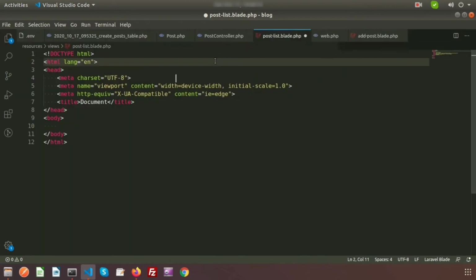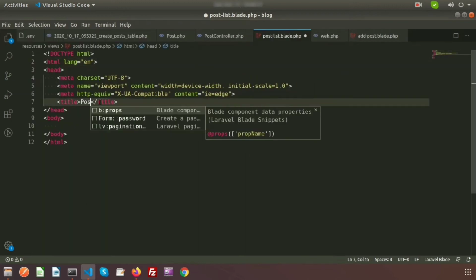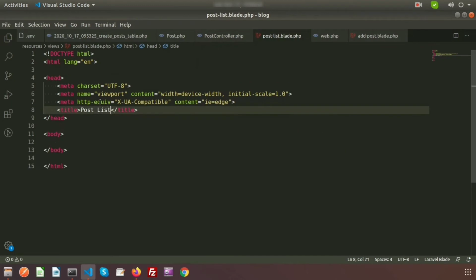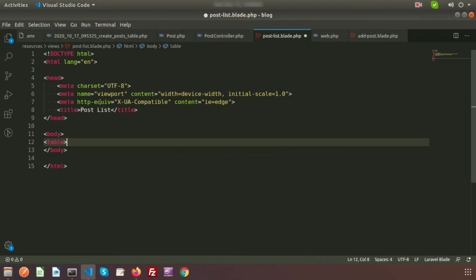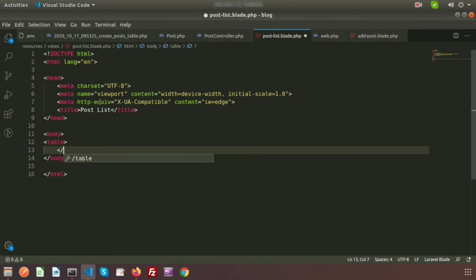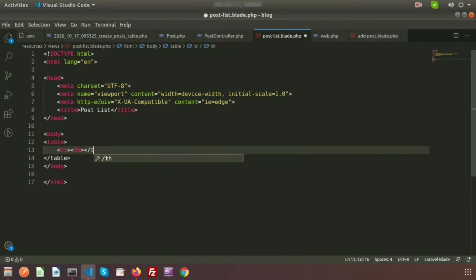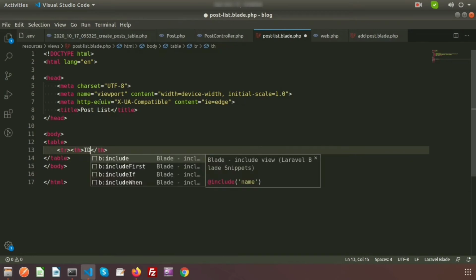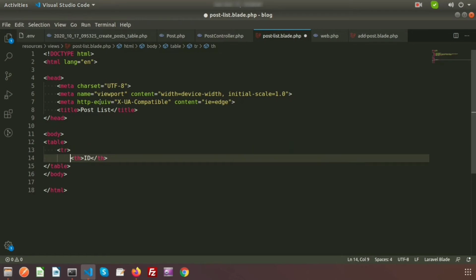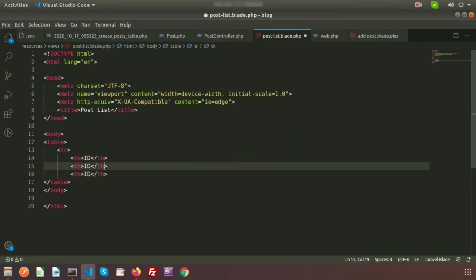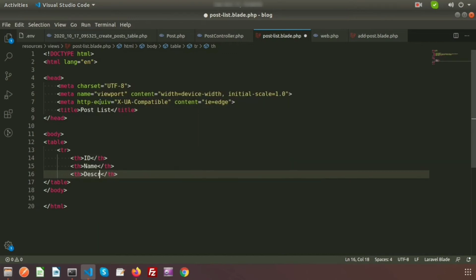Okay, so now create the HTML5 element. Here we will write the title, that is Post List, and I will create a basic table, that is table, and after that I am closing the table. So in the tr tag I will use the th for heading, and close the th. Here I will print the id, and in the same way I will print the name and description. So here I am providing the column name and the description,